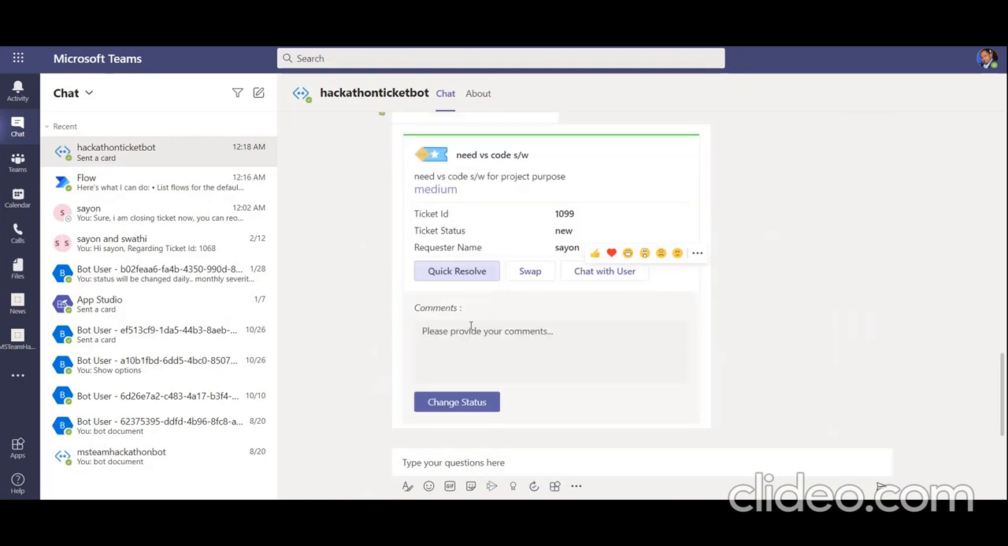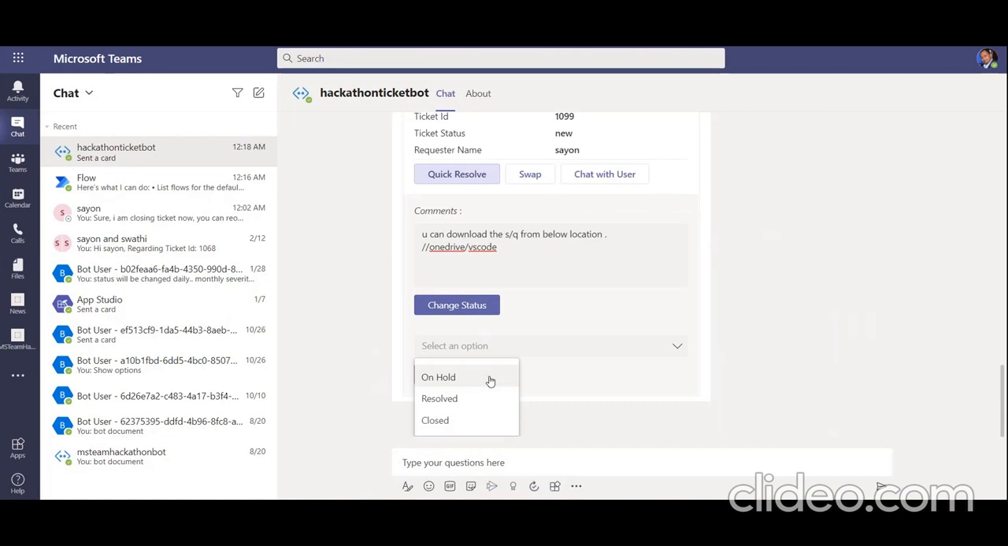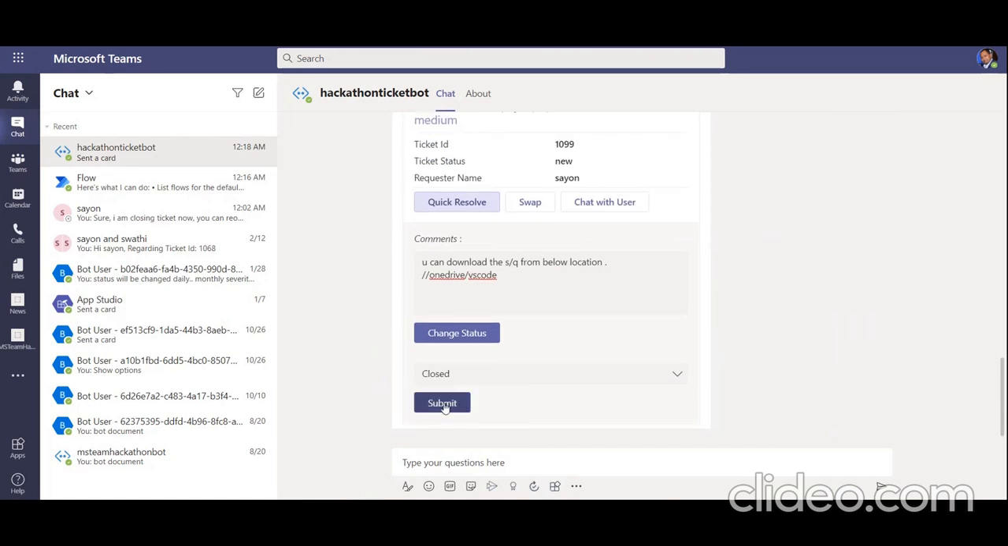If I say quick resolve, he'll say okay, you can download the software, location, any path, Visual Studio Code. So you will just change the status itself for this. Now this ticket has just closed and he will submit. So from his side, this user has just